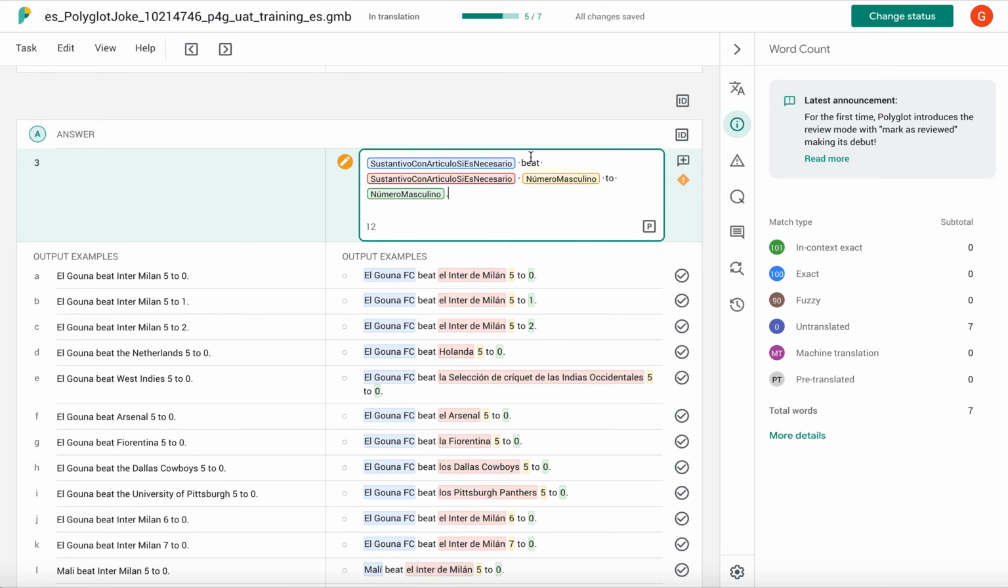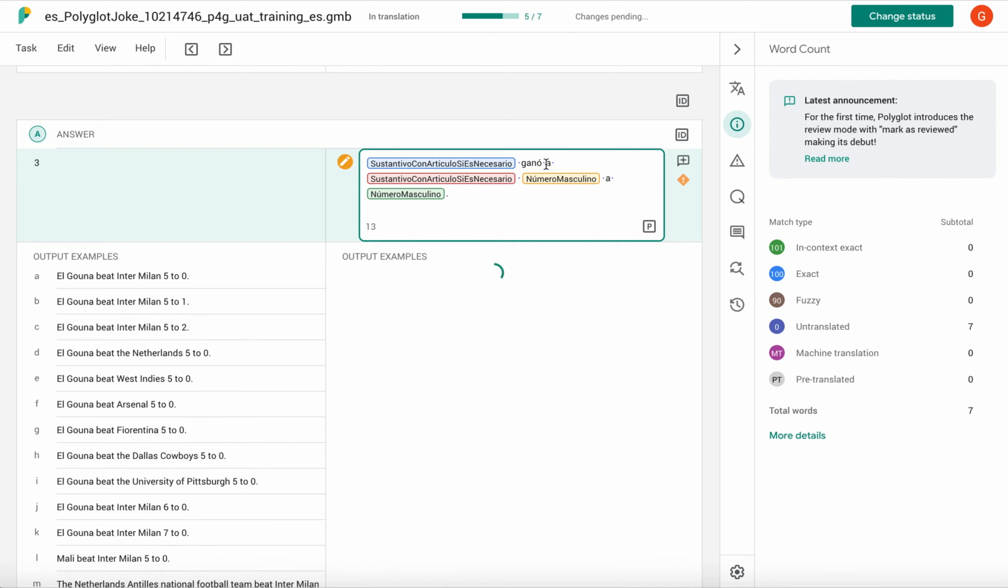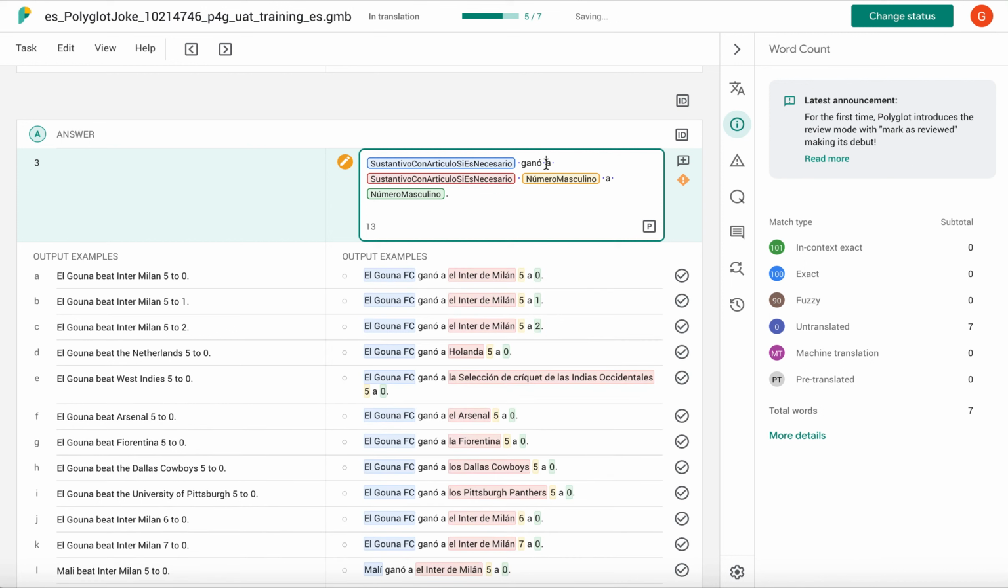So I'm going to start still the same way I did before by translating the static text. We can watch the examples update. Then we can read through and see if everything's looking correct. Okay,